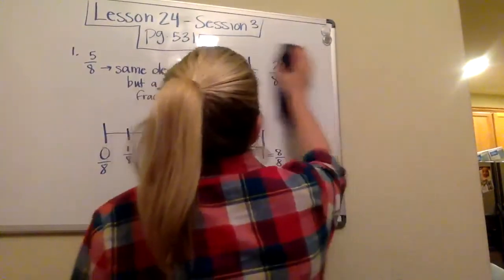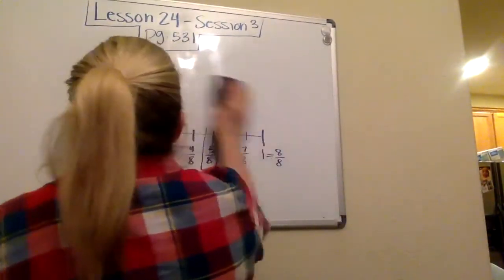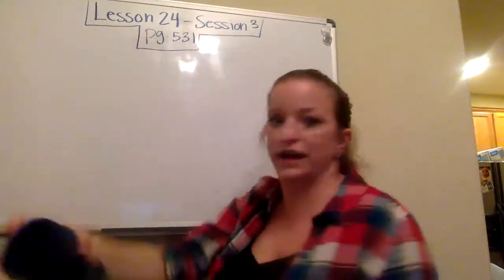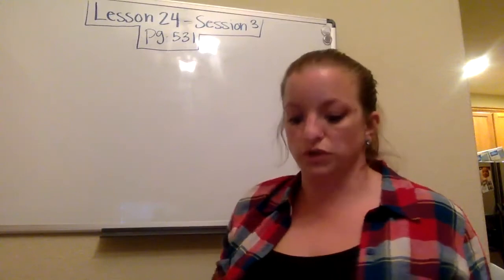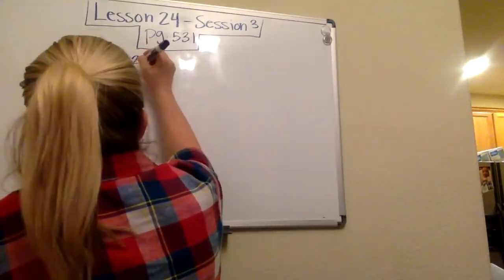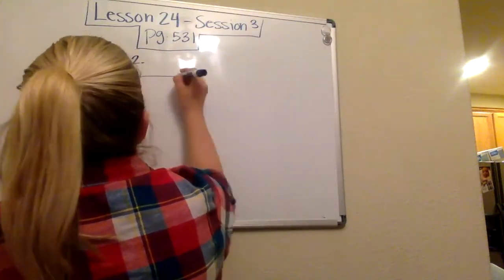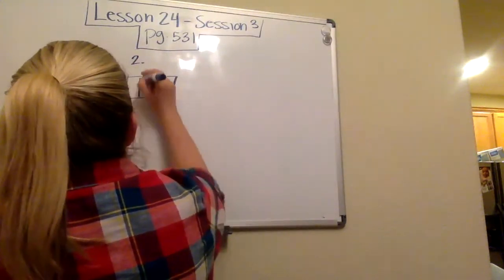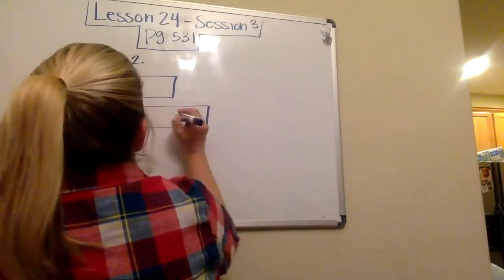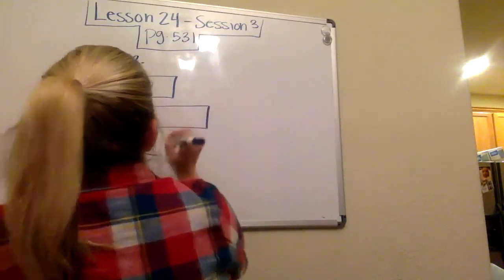Number 2 talks about 2 loaves of bread. And I hope that all of you, when you look at this, you notice something right out the gate. There's something really, really wrong with number 2. Number 2 is just like the other ones we've talked about. Here's one loaf of bread, and I think they cut it in halves. Here's another loaf of bread, and they cut it into thirds. And they say,